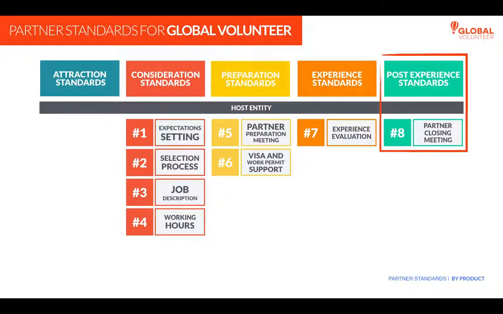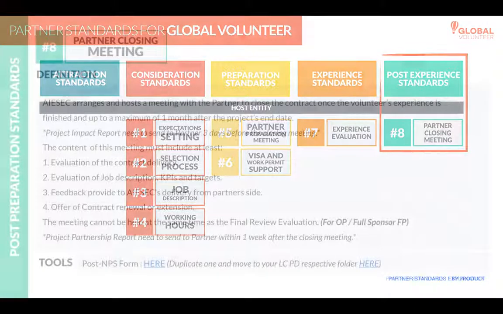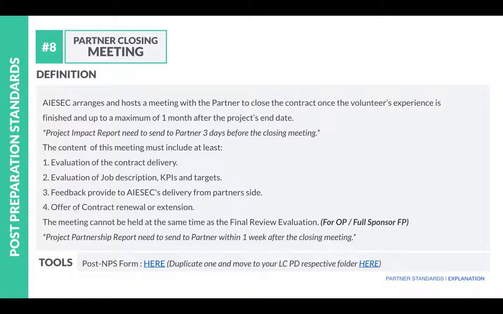Cool. So lastly, post-experience standards, which is the last standard. In this standard itself, the things that you need to do is definitely after your EP, go back and then you start to conclude and close your projects by collecting all the information: your EP experience, conclusion, output, project DM, project MOI and every single thing. So my suggestion is you have the last meeting, sit down with your partner to look into all these conclusions of the project itself and the satisfaction of your partner.